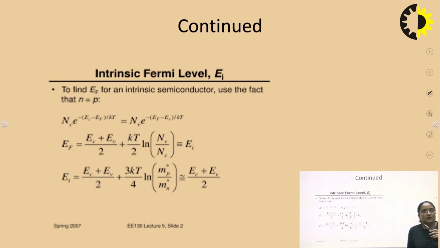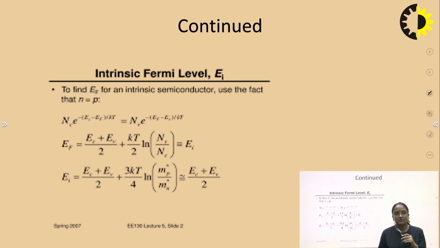Next, this is all about the derivation that I depicted in the earlier slide also. We have used the basic condition for the intrinsic type semiconductors, that the number of free electrons is almost equal to the number of free holes, and defining it in terms of density states, we equate them. After solving this and putting this condition, we get the position of the Fermi level for the intrinsic semiconductor, and we depict this position of the Fermi level EF by EI.